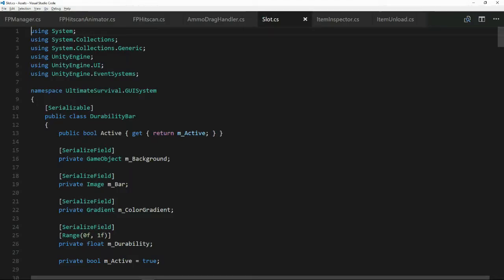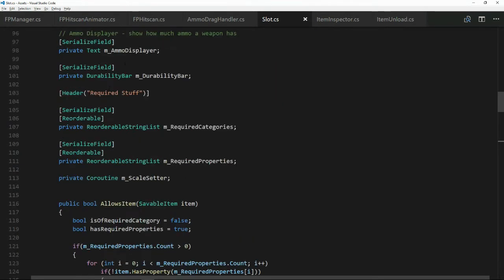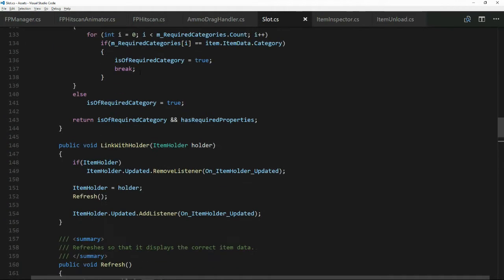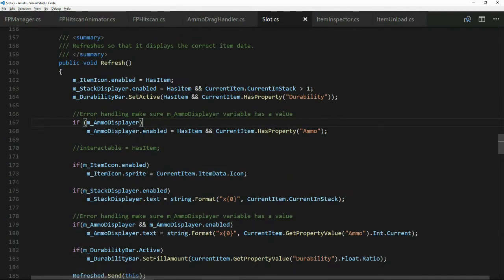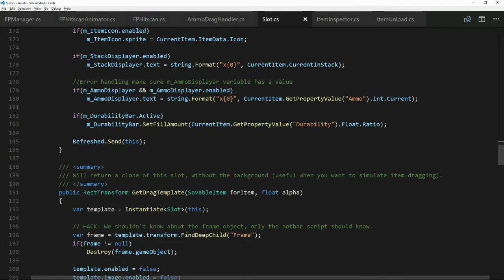In this video, we're only going to be editing the slot.cs, the item inspector file and the new item unload file that we created in the last video. So let's pop down our slot.cs, keep going all the way down past the ammo displayer private text that we added in the last video, keep going past this check here to make sure that it's enabled, keep going down, and here we are. Error handling, make sure ammo display has a value. Now we've got here the check that it was valid and that it's enabled,